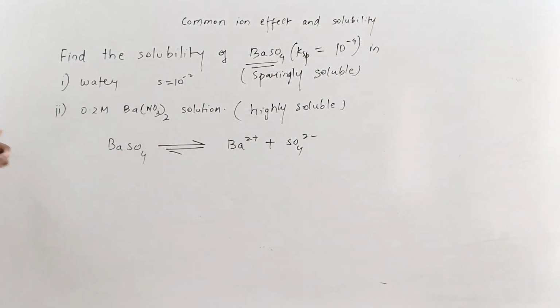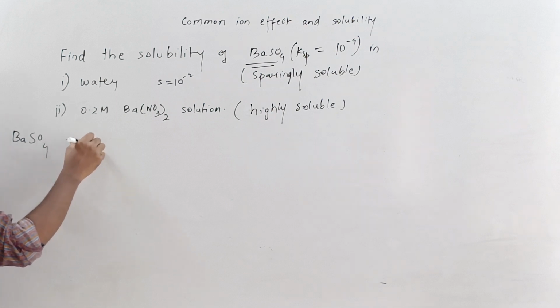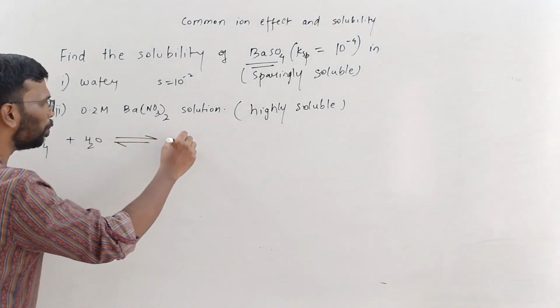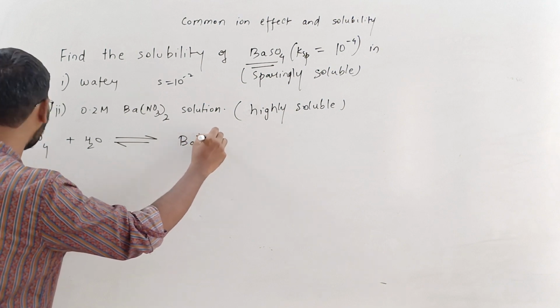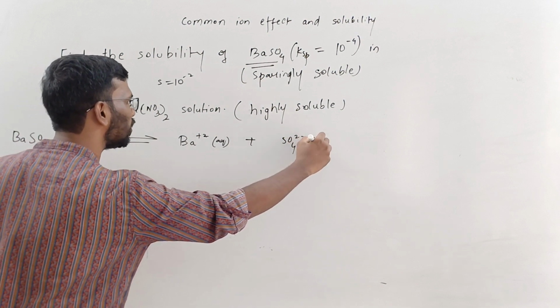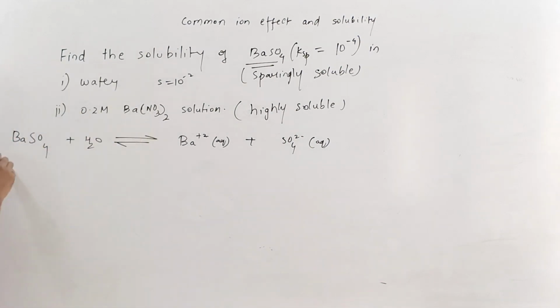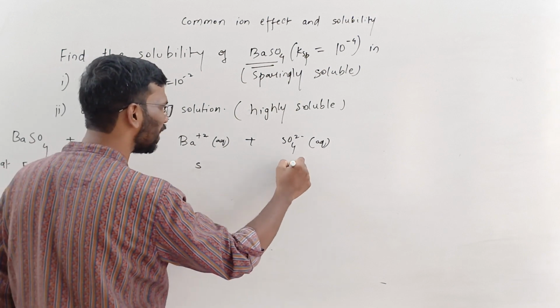Okay, I'll write it over here. I need a whole board. Hope this is coming into the frame. Yes, exactly. So this is barium sulfate, and you put this into water. There will be an equilibrium, Ba2+ aqueous and SO4 2- aqueous. This concentration, initially, like at equilibrium only, right? I'll write at equilibrium. At equilibrium, what would be this concentration? It is S and S.